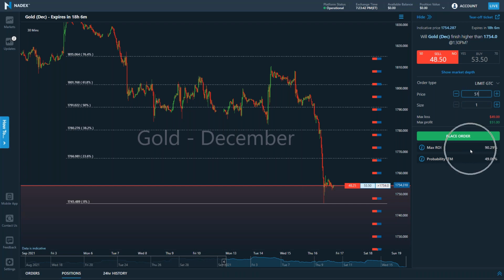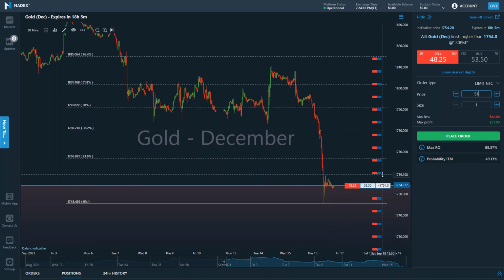Now, what's my return on investment? I'm risking 49 to potentially make 51. So, I've got a pretty good return on investment. And I love how it calculates it for you on the fly based upon the current market prices. So what could you do? And if gold settles, and what's the condition here? 1754. If gold is below 1754,